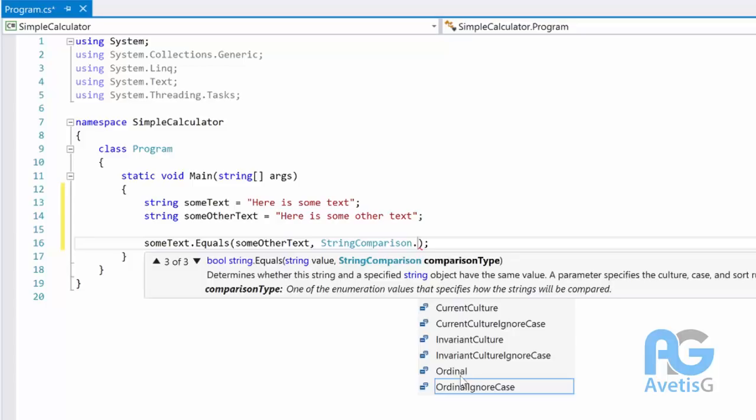It has faster performance. Some people say that whenever you're comparing strings, you want to always be doing invariant culture so that if it needs to take into consideration certain language rules, then it will. But I say that if you know exactly what your application is going to be doing, then use what you need to use. So if you need to use ordinal and you know you're not going to take into consideration any language rules, then just use ordinal because it's a lot faster. Otherwise, go with either one, either invariant culture or current culture. In this case, we'll be using ordinal. So I'll say ordinal,